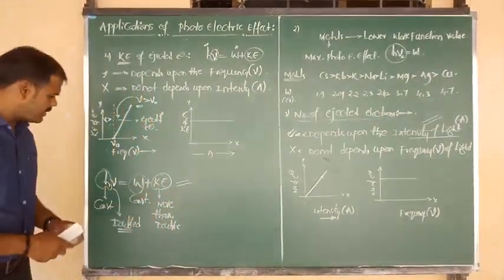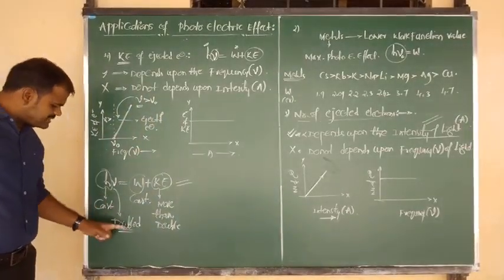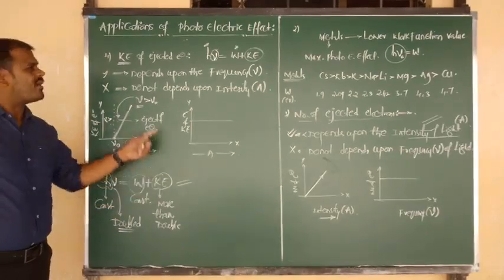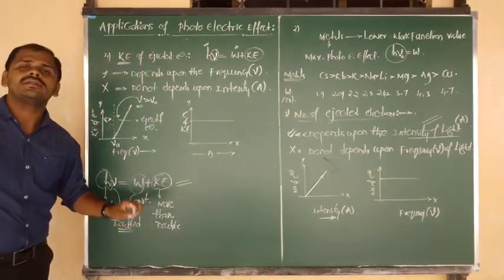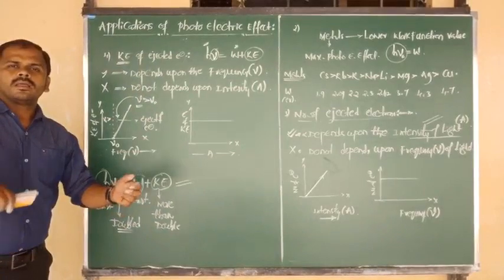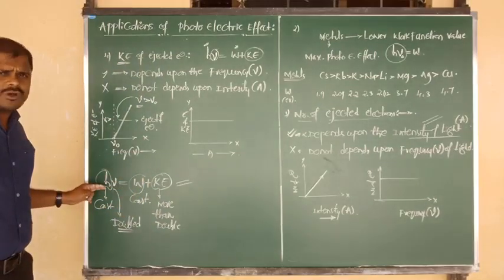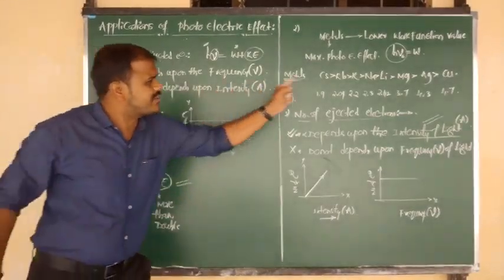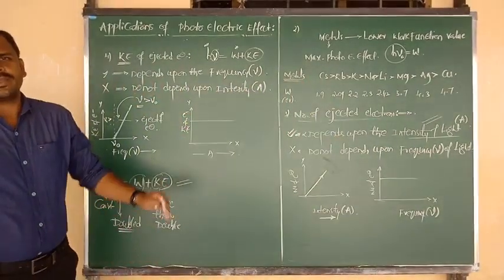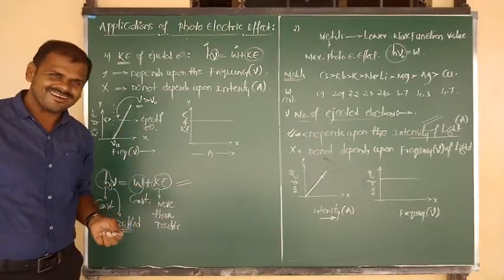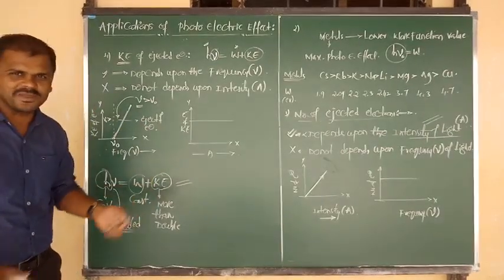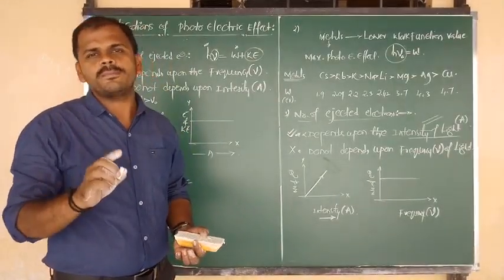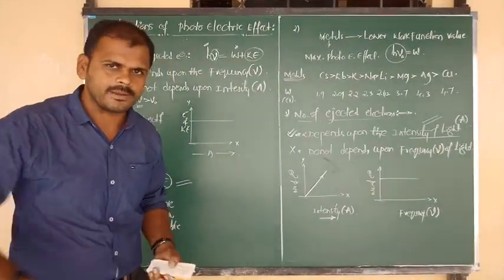So the statement is: if the frequency of incident light is doubled, the kinetic energy of the ejected electron will be more than doubled, because whether the photon contains low energy or high energy, the work function value remains constant for each and every metal. That should be specific and particular. Try to remember this point. Good. Now, based on the photoelectric effect, I want to tell you two to three problems. Follow me.